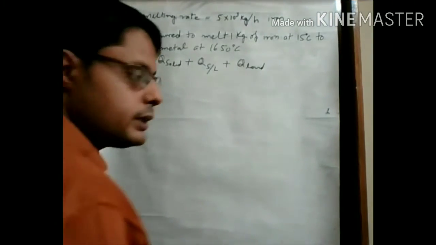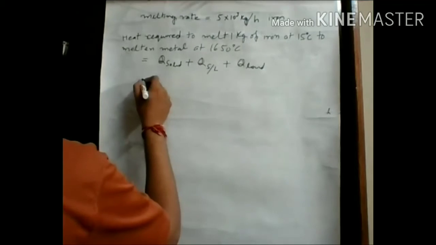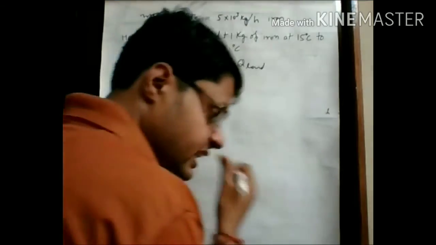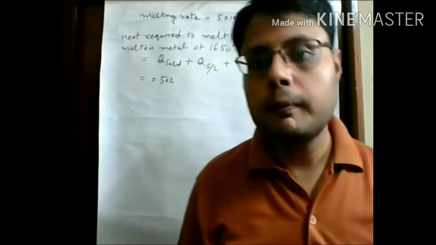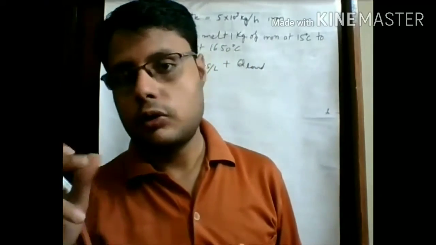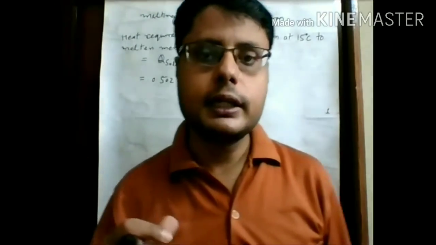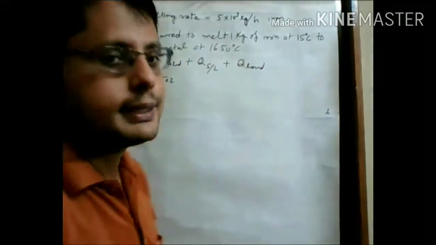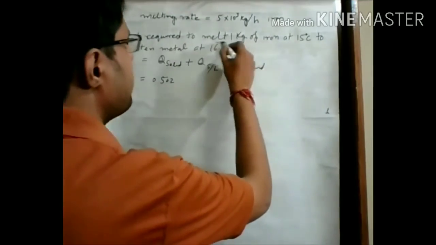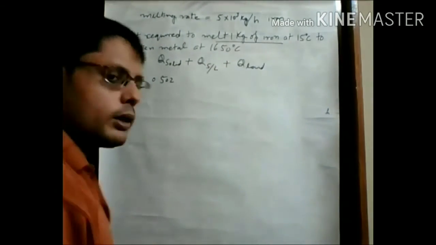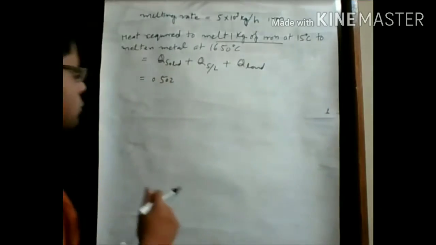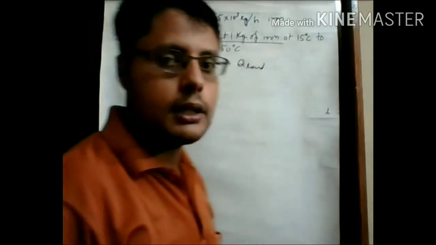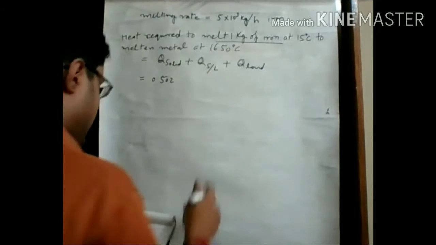If we put in these values, these are 0.502. Here we are calculating the amount of heat per unit mass, so we assume that mass equals 1 kg. After calculating this heat, we simply multiply by the melting rate. Here we consider the heat required to melt 1 kg of iron, that's why we use m equals 1 by default. So don't be confused here. This is C, the specific heat in a solid state, which is given in the problem, so we use 0.502,